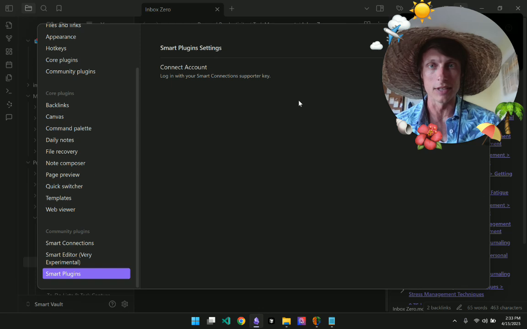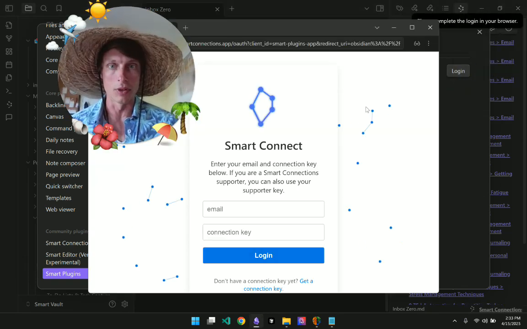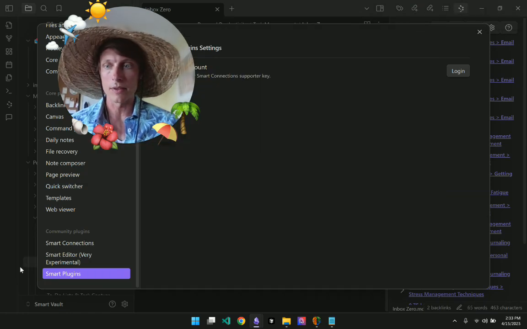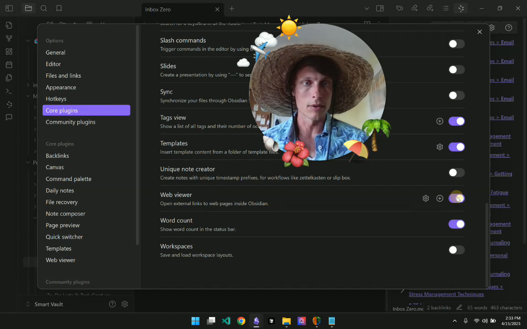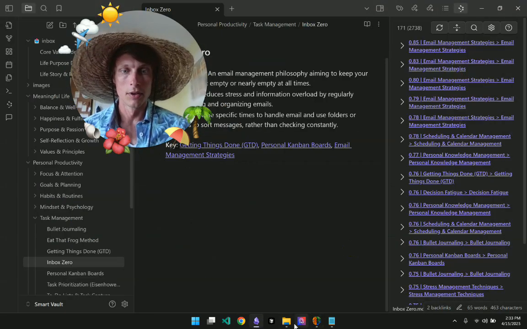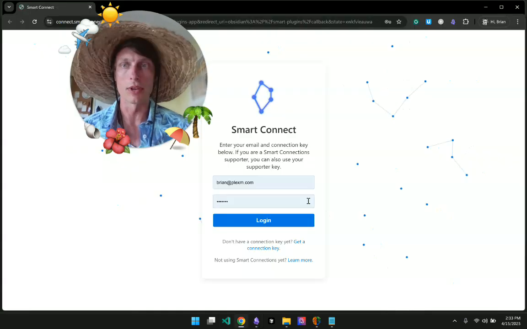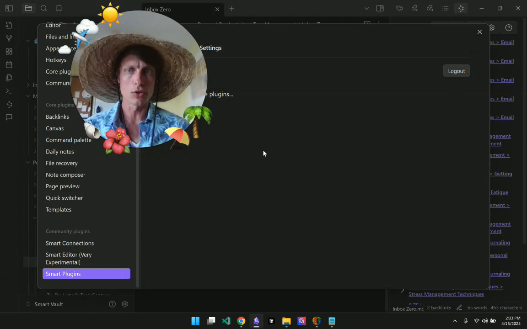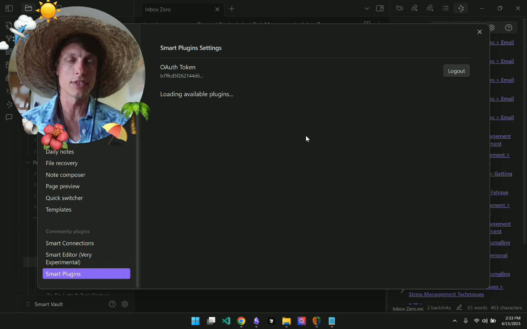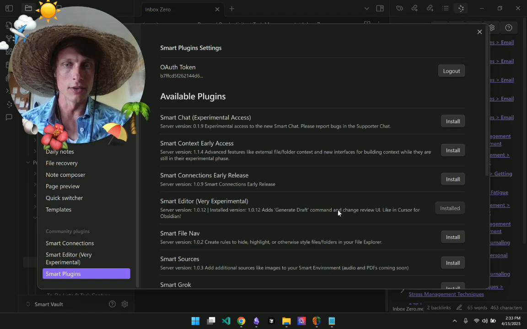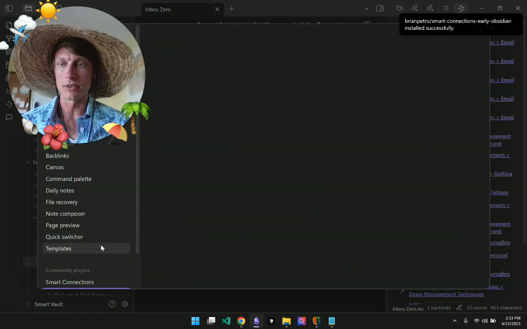Just to see how quick and easy that is, we can just log in, which is the same as when we're logging in. I'm turning off web viewer here so that when we log in, we have our credentials saved in Chrome. Okay, so we logged in and we can find the Smart Connections early release inside of here and install that. And in the settings,